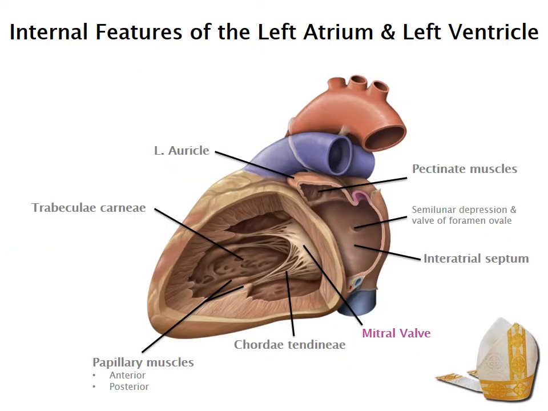So now we want to give the left side its due, and we can look inside the left. Actually, we're looking in the left atrium here and the left ventricle. And of course, this blood from the left atrium is going to get pressed down through the mitral valve. You ever wondered why it's called a mitral valve? Well, take a look at this shape, something like this, and then on the back side, something similar, right? It kind of resembles the mitre hat that the Pope wears, which I think is a pretty cool little